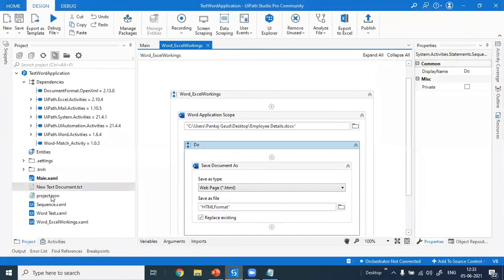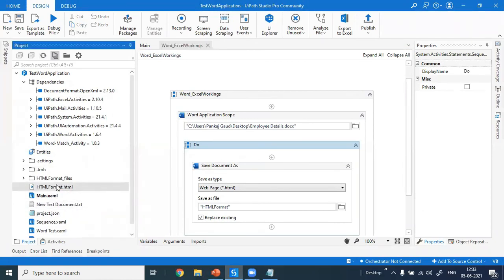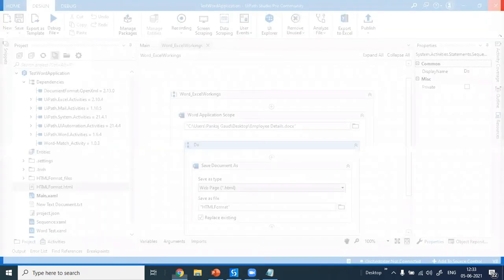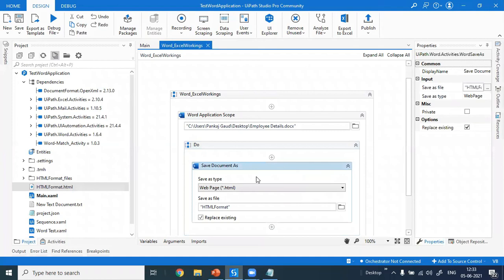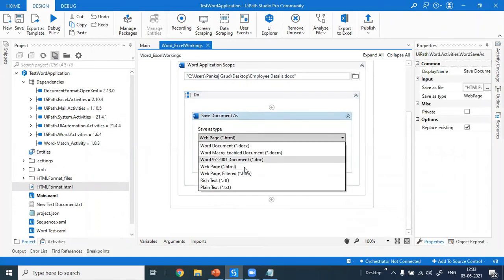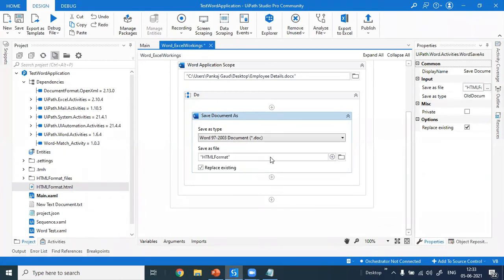It has been saved in the HTML format. Let's see if it has been done or not. You can see it has been saved in HTML format. Let's open it in the browser. Yeah, you can see employee details. These are the details it is showing. Then after that, we save in another format, like RTF format.